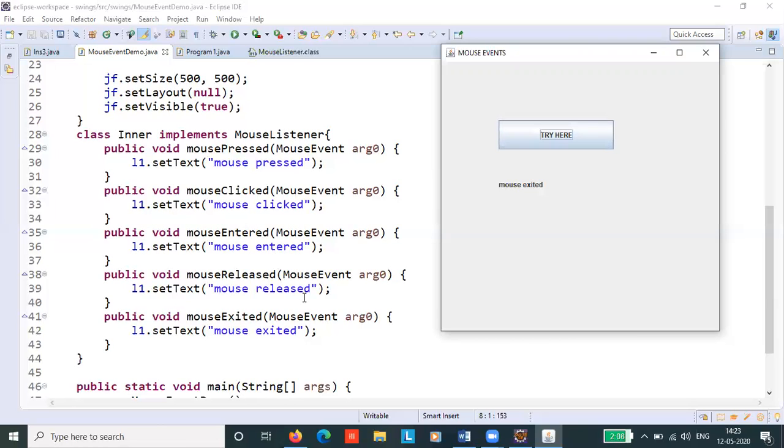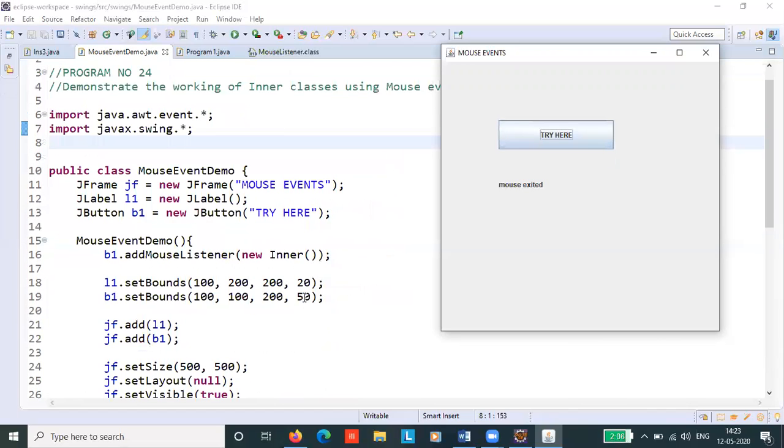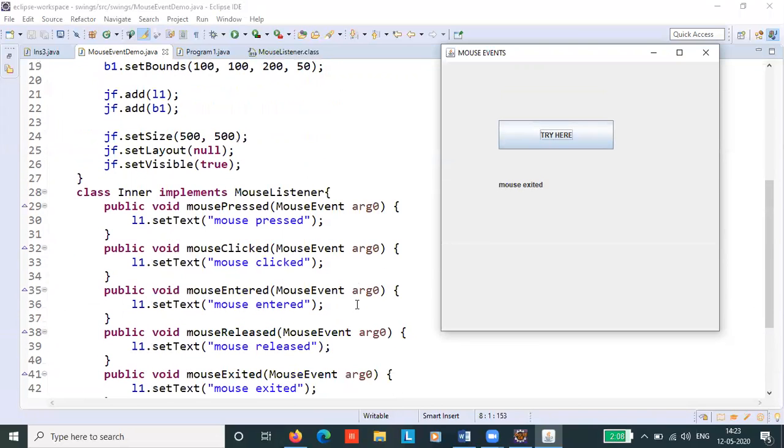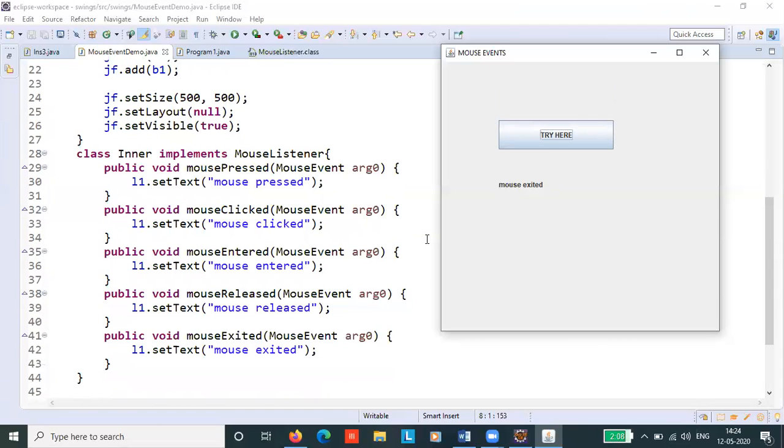Fine. In this program, we are demonstrating the mouse events with the help of the mouse listener interface, wherein we have these 5 methods. Now, as the interface rule says, if we are implementing any interface, we have to implement all the methods.